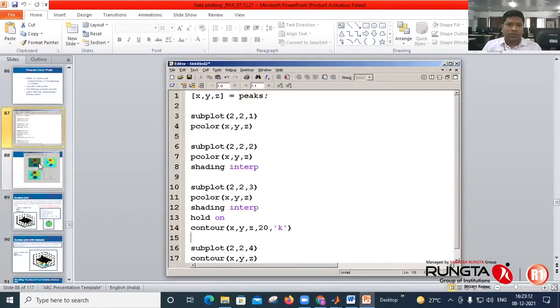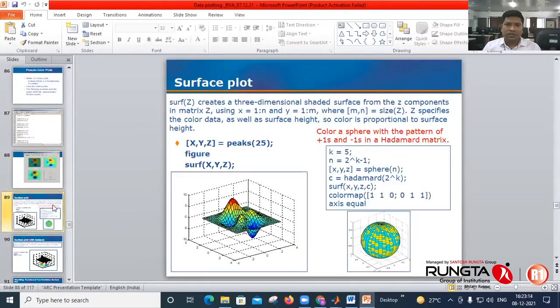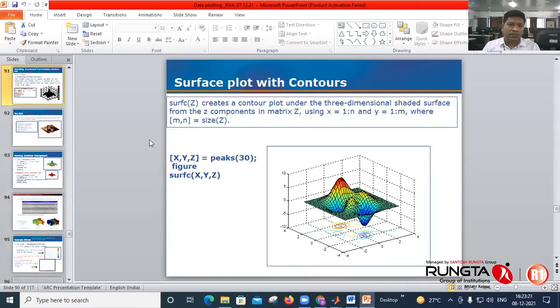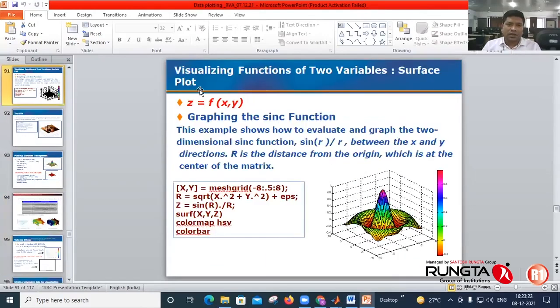Again, there are various options. Surface plots we have seen. You can change the various colors, make changes over there. You can add a color bar at the side.